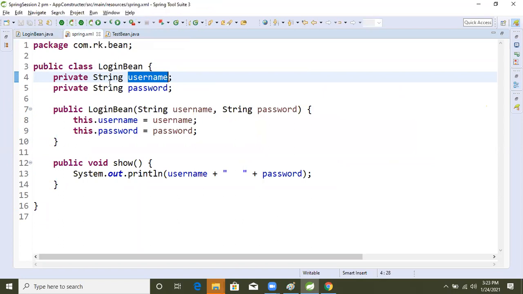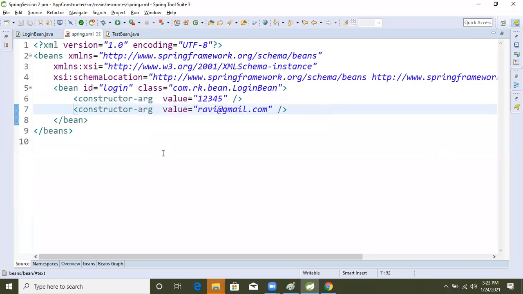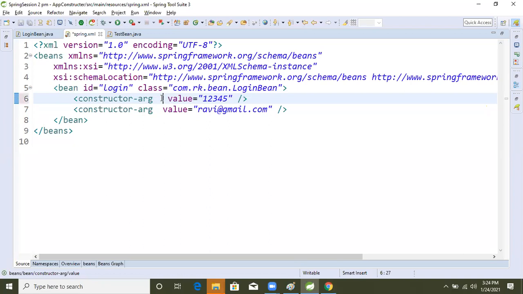So there is one more tag, and that is index. We give the index number here, so we can inject the data in any order, based on the index.